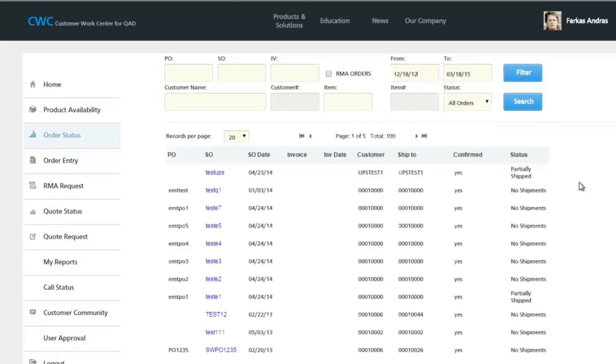This is against our demo database, so it doesn't have a huge number of orders. But once you do an order status search, if you leave things open, you will see a list of orders being displayed. We have columns up here. It will display the status of that shipment, whether it's confirmed or not. Now, if this isn't something that you need, this can certainly be changed to another field from, say, order entry that you want to see instead. So these are some of the things that can be changed. But basically it gives you